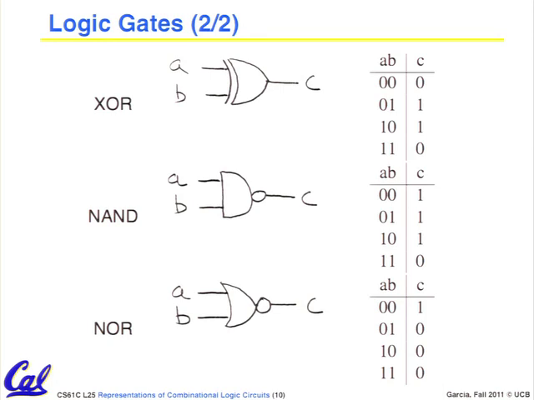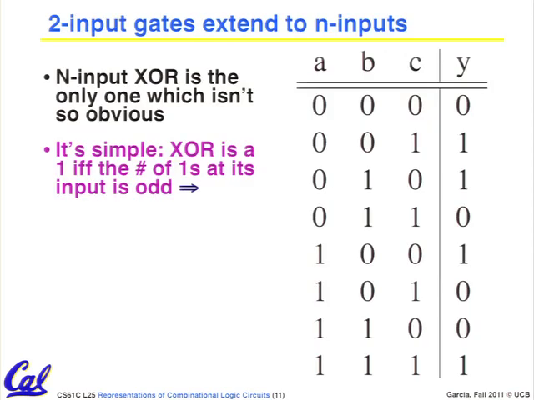Okay. This is a 3. Sometimes when you extend 2 input gates to n inputs, it's seamless. Like an n input AND is, look, it's only 1 if all of them are. All right, that's easy. But some are a little bit more complicated. So here's an n input XOR,